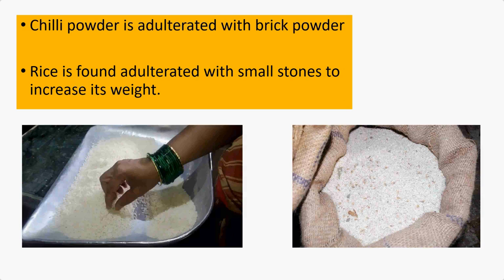So who is getting the profit? Madesh is giving money for 10 kg, but in return he gets only 9 kg of rice. The other 1 kg will be small stones only. So the shopkeeper is cheating Madesh and adulterating the rice with small stones to get profit. But if you cheat and get profit, that will not be a blessing to you. I'm not only talking about food adulteration, in any case, if you're cheating somebody and gaining money out of it, that will not be a blessing to you.